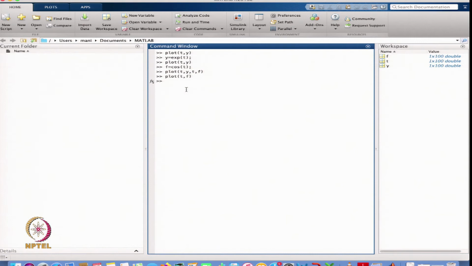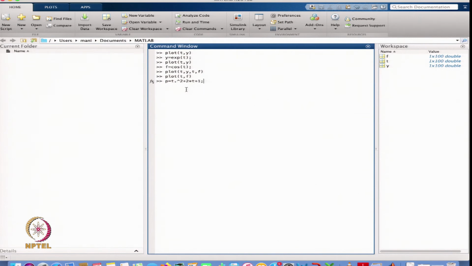Similarly, I can define another function also. Now, suppose I take a polynomial function, I just define a polynomial p, so I define t exponential 2 plus 2 star t plus 1.